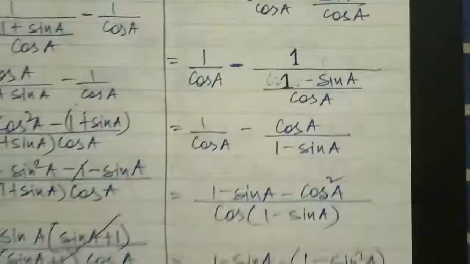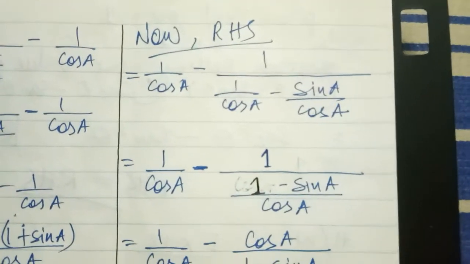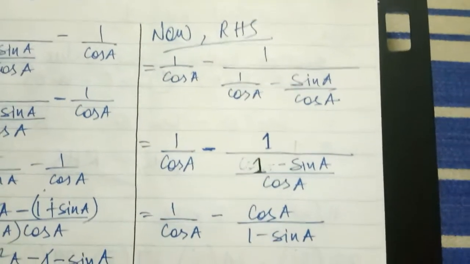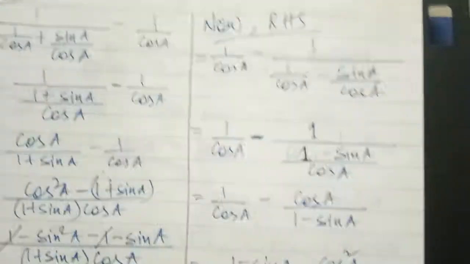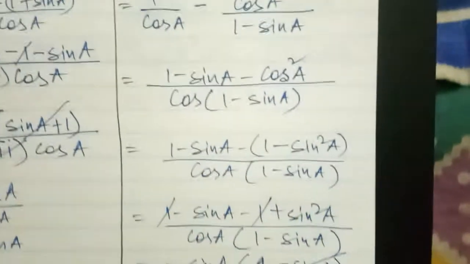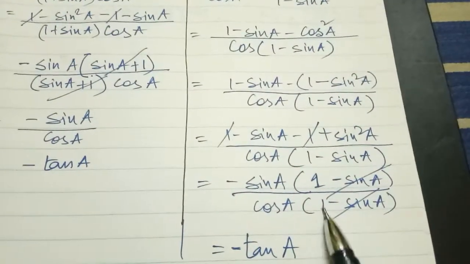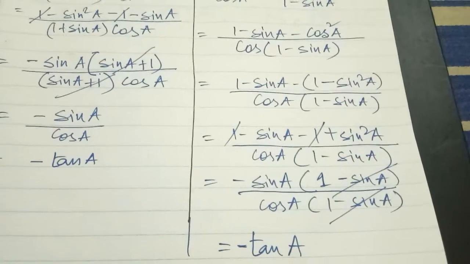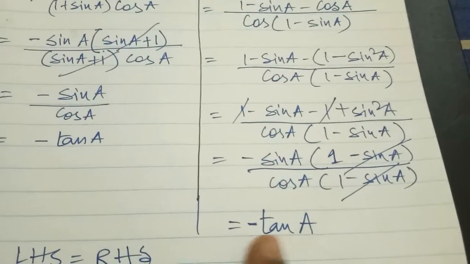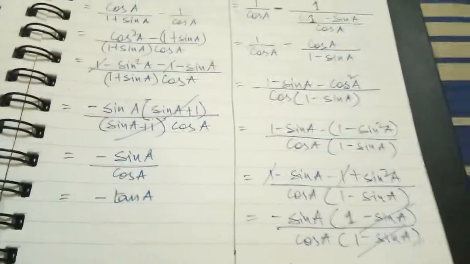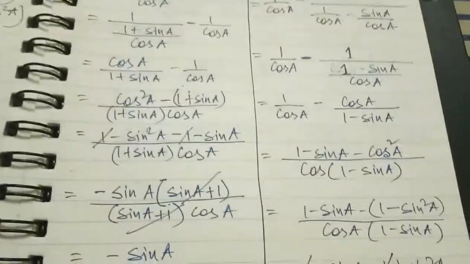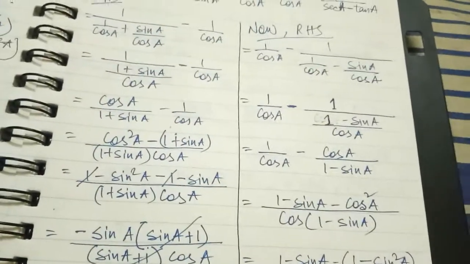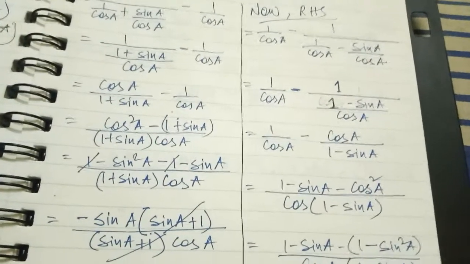Okay, next is the RHS. I also did the same thing in the same pattern. You will see that I am not explaining so much detail in this. The same thing I did in the left hand side is done in the RHS also. But here also, see, after cancelling out, what is coming? Minus sine A by cos A. What is coming? Tan A, minus tan A. See, LHS is minus tan A, RHS is also minus tan A, so LHS equals RHS. Hope you have understood this particular sum. I have told you many sums where you have to break up both the sides.